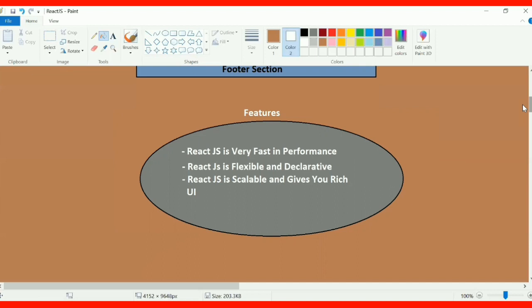The next one is React.js is very flexible. What is meant by flexible? For example, you have an existing project which is built on jQuery. Now you are thinking to implement one new feature, but you don't want to use jQuery. So for that, you want to use React.js for that particular one feature only. Yes, you can do it. So this is one of the benefits you have.